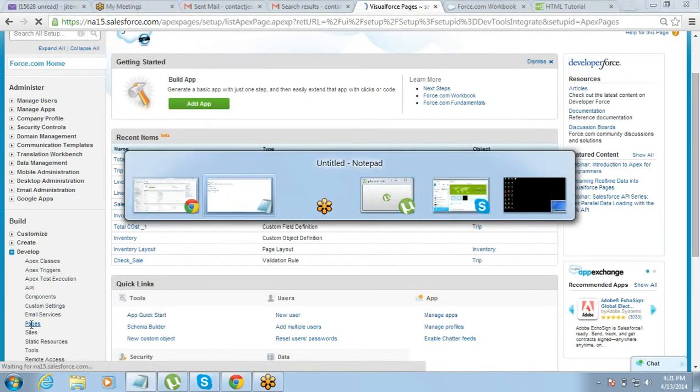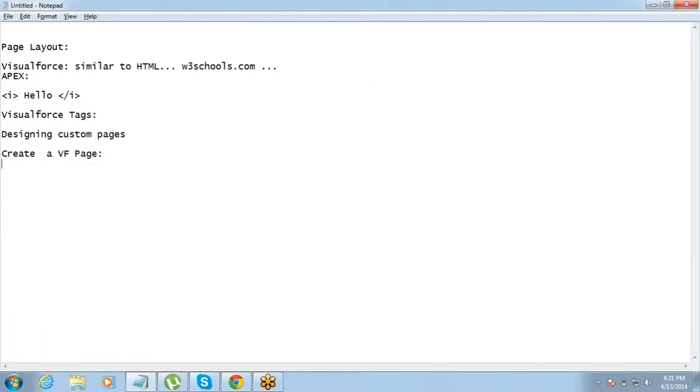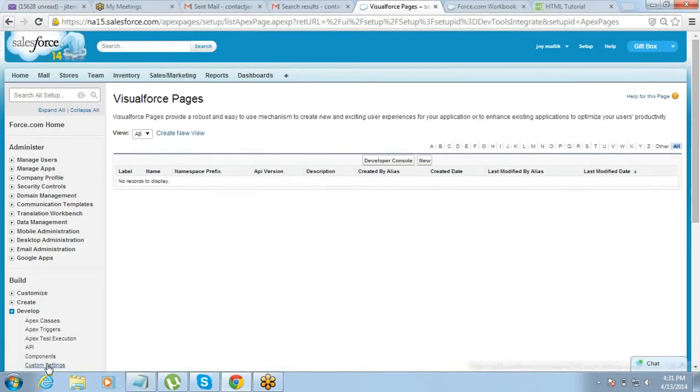So this is the first way of creating a page. Go to Setup, Develop, Pages, and then click on New. Setup, Develop, Pages, and New. This is one way of creating it.